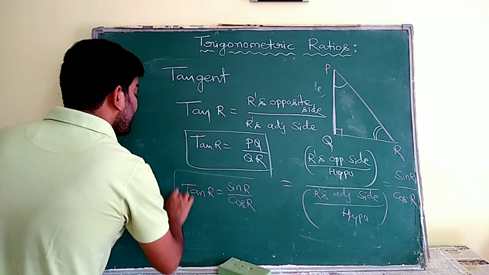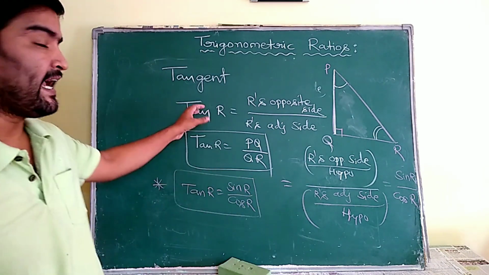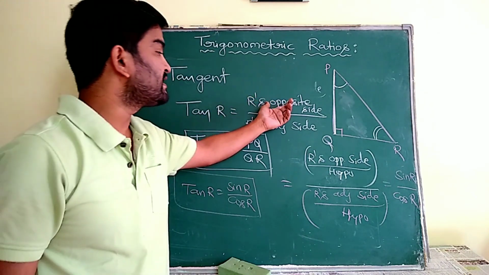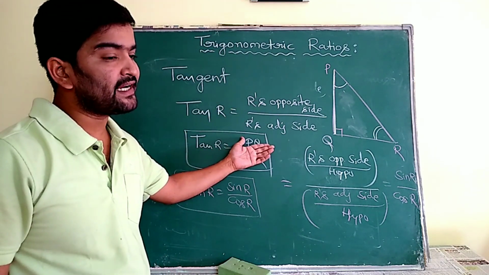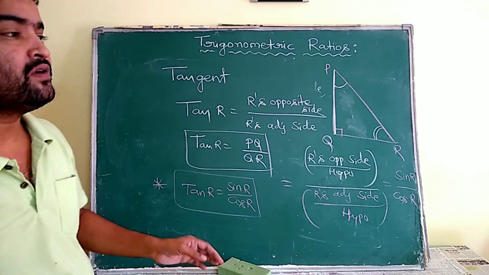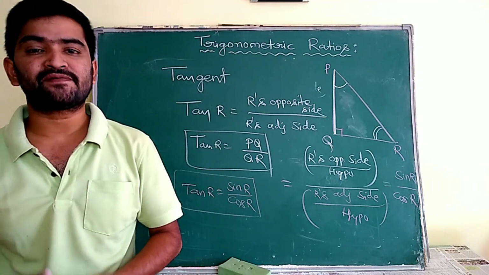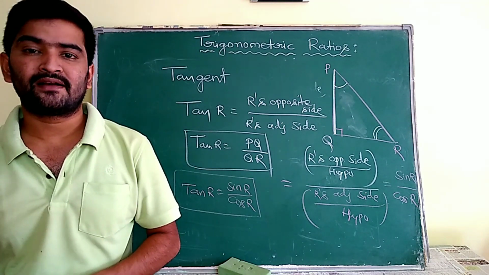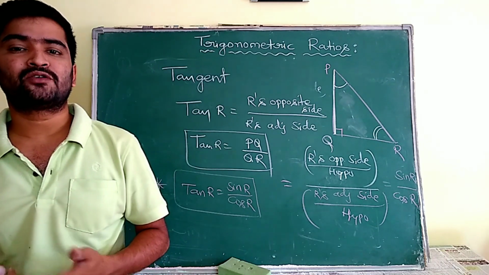This is the main and very important observation here. Actually tan R, the trigonometric ratio tan, means opposite side by adjacent side. So this opposite side by adjacent side is again rearranged as sin by cos. Sometimes they may ask you to express tan value in terms of sin and cos. Then tan R is equal to sin R by cos R. Tan P is equal to sin P by cos P. Like that we have to write.